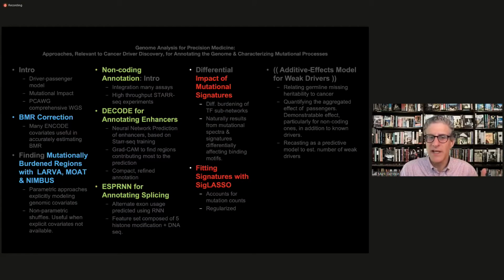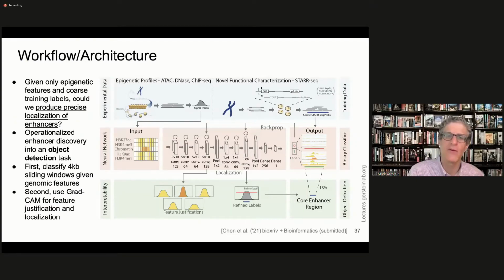So now let me tell you about the specific things we've done with developing genome annotation. One of the things that we've tried to do is to develop a kind of supervised framework for genome annotation that uses one of these deep learning models. What this does is it takes in known positives from one of these STARR-seq experiments. And so it does a supervised model where you know a particular region is known to, say, drive gene expression